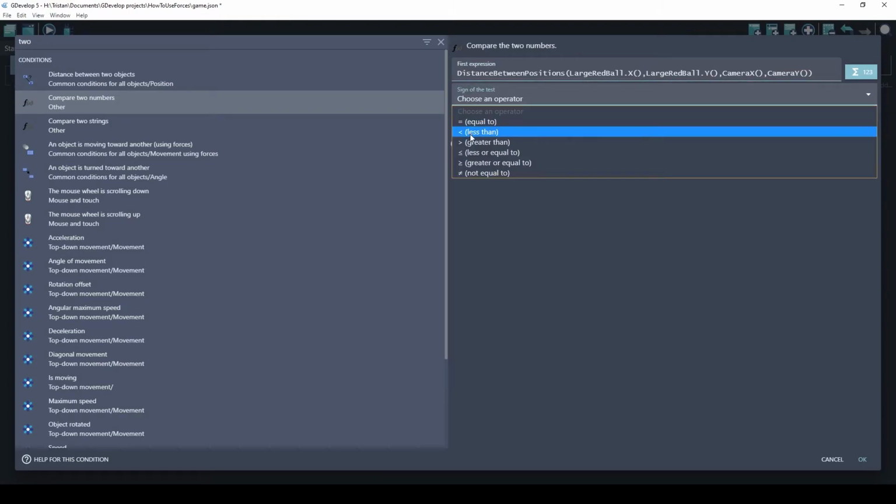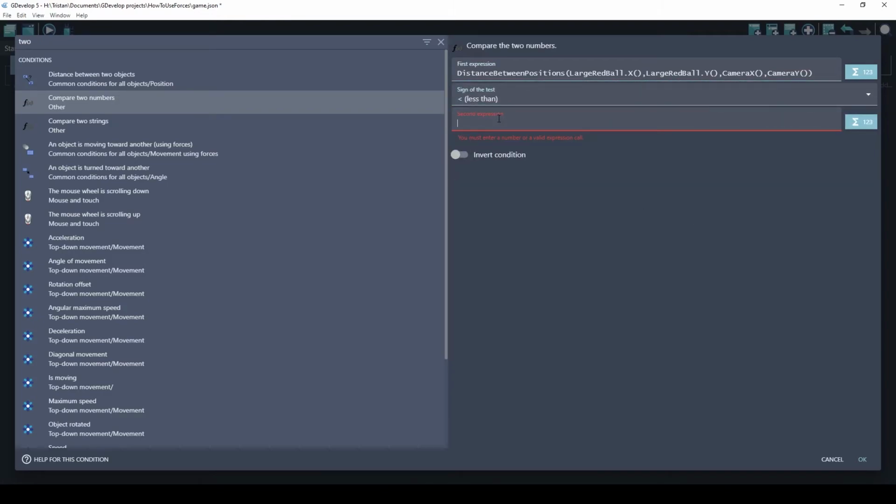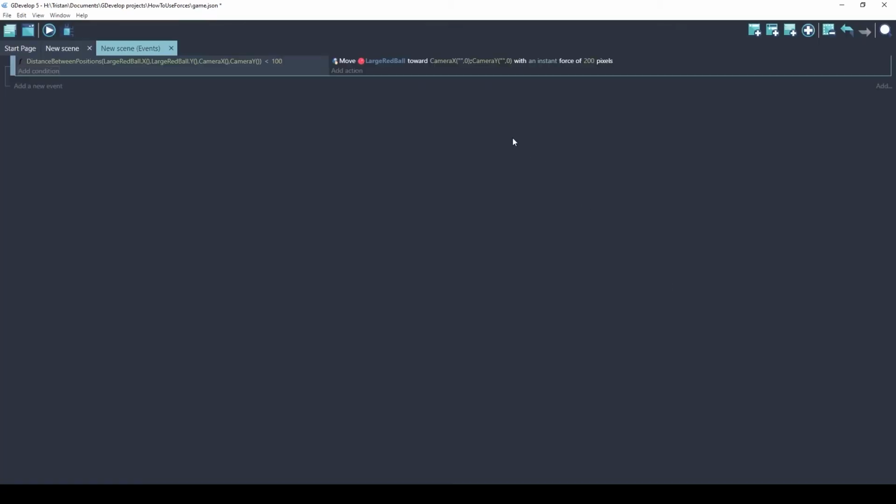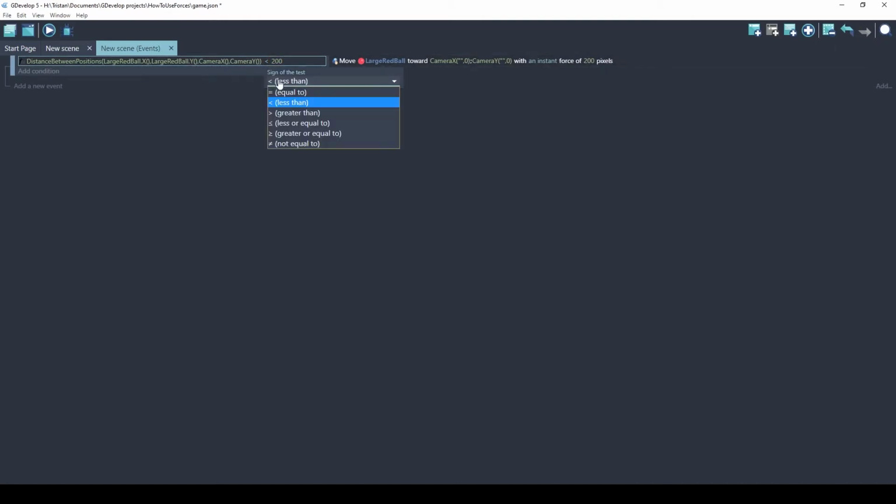Okay, if it's less than the speed we're going, which is 100 or 200. If the distance is less than that, we want to move. Nope, we only want to move if it's greater than. If the distance between positions is greater than 200,